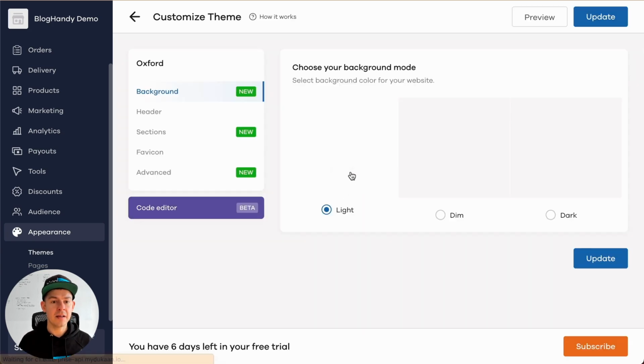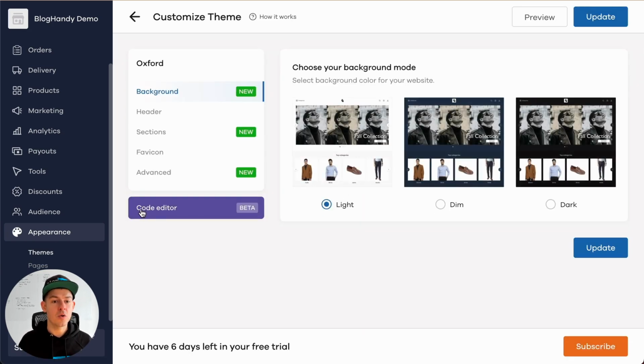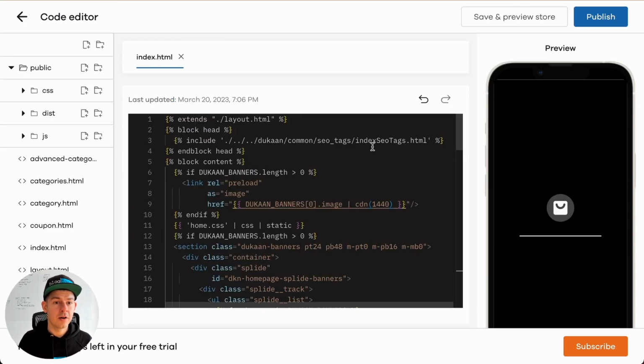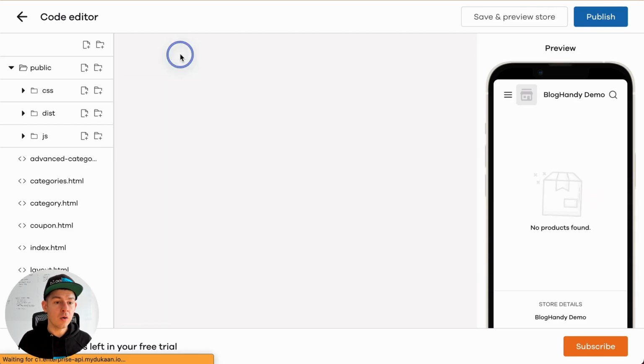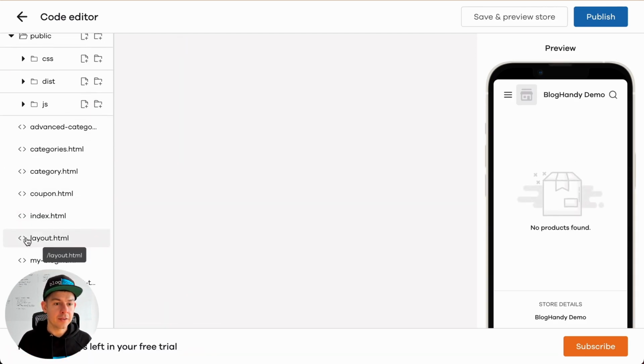I click on customize and you have to go to the code editor. So this might look a bit daunting because we're gonna see a bit of code, but I'm gonna run you through every step. Click on code editor. Okay. Now what you want to do is you want to look here on the left hand side for something called